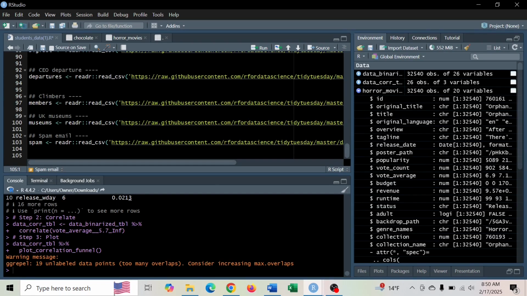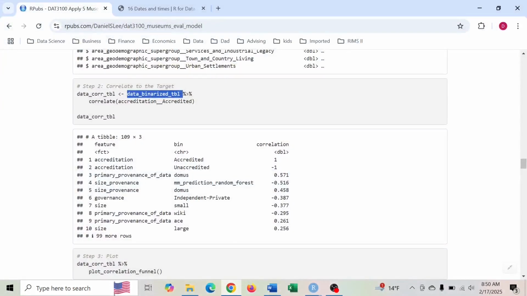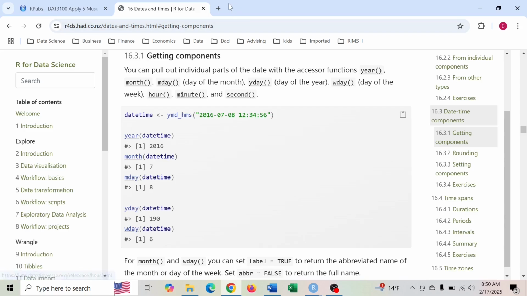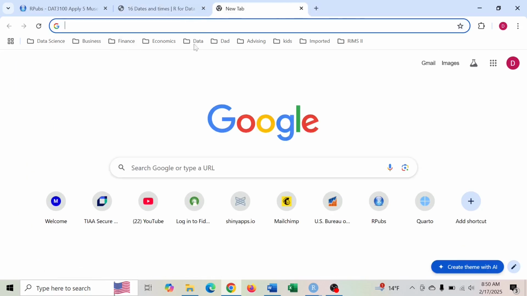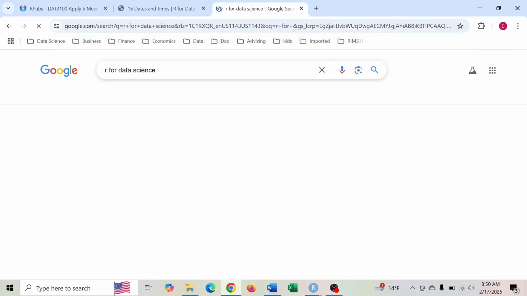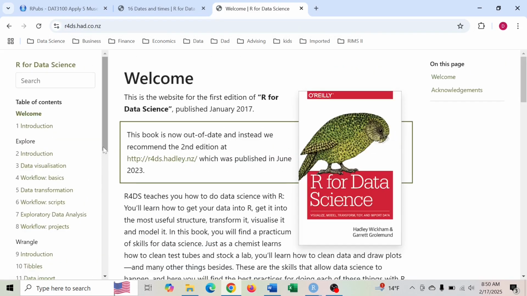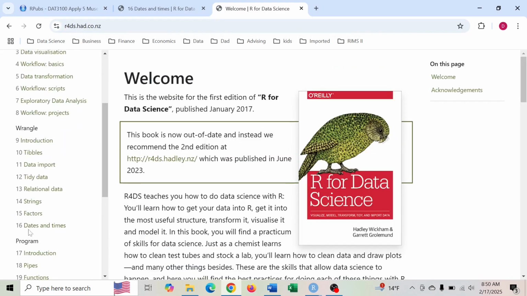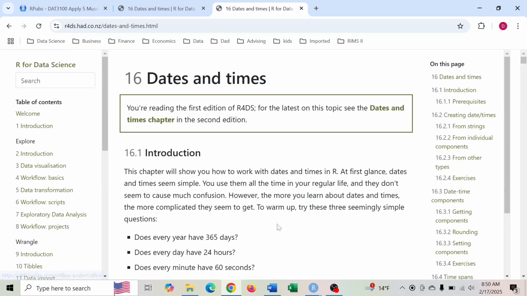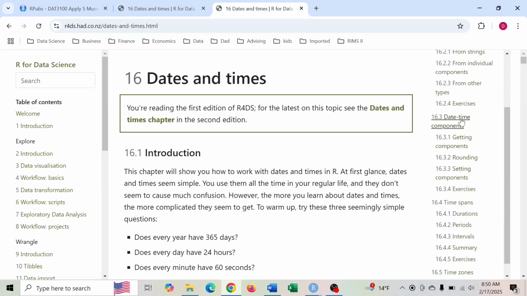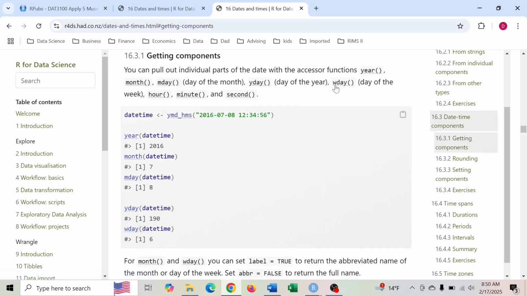The package that you need here, so this is a textbook that we use in the intro class, R for Data Science. And then there's a chapter on dates, chapter 16, dates and times. And then section 3, date and time components and getting components. So in the lubridate package, we have all these convenient functions: the year function extracts the year from a date variable, the month function,